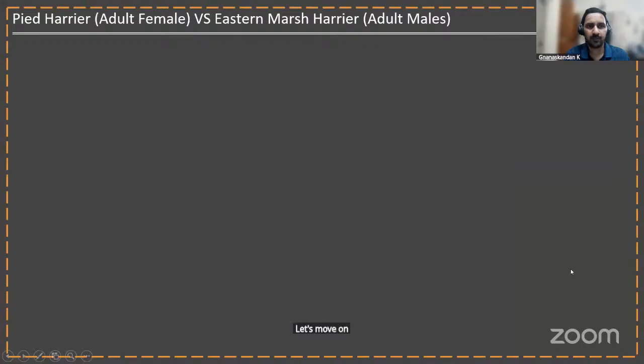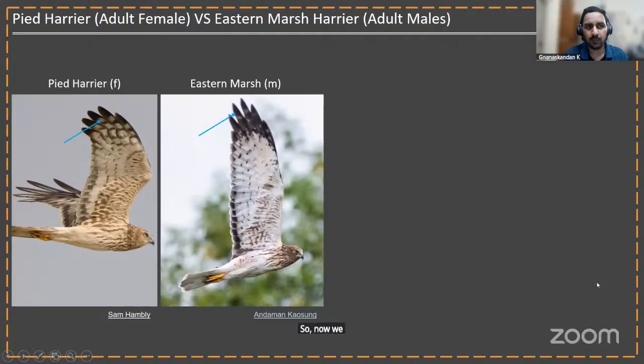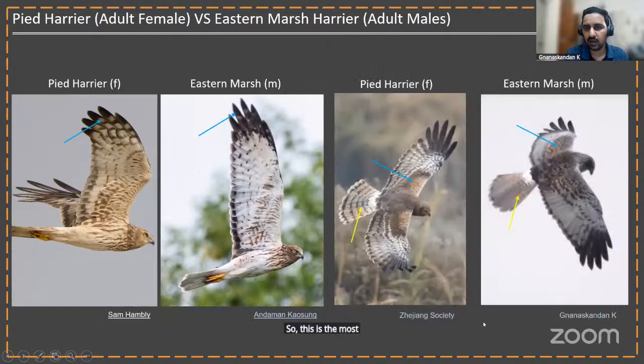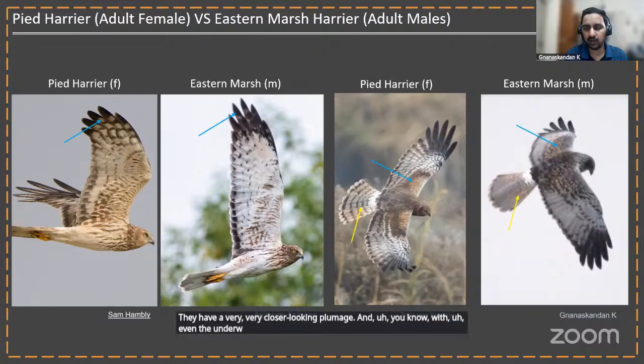Let's move on. Now so far what we are seeing is all with respect to the adult females. Now there are certain birds that hold a similar plumage across genders. So now we are going to look at the pied harrier adult female and the Eastern Marsh harrier adult male, also immature males. This is the most misidentified species pair all across, because they have very close looking plumage,